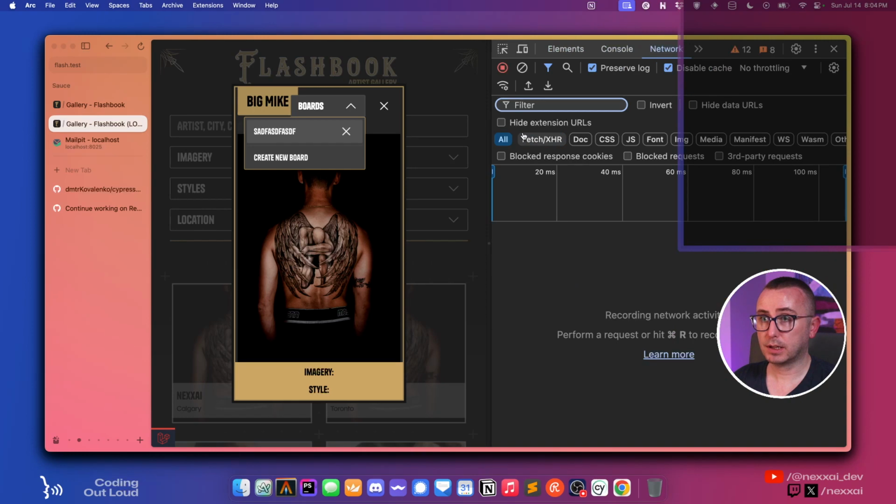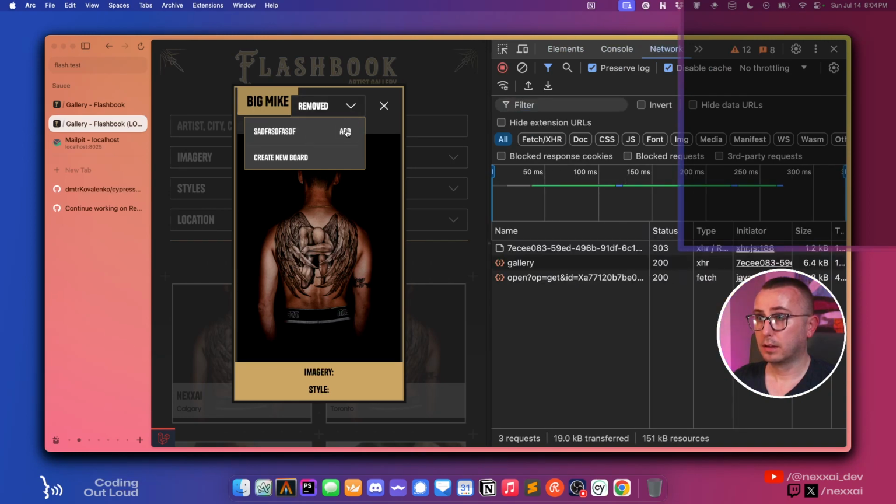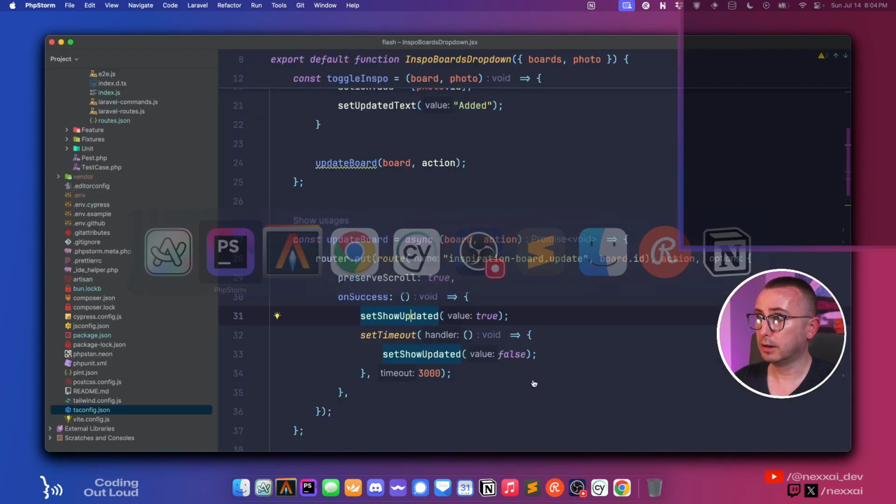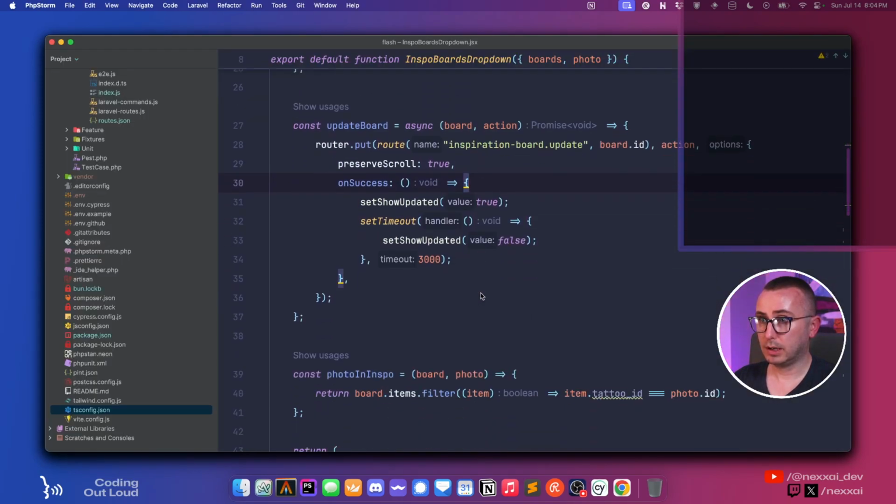So is it actually sending out like an HTTP request to try and actually toggle it? So if we do this, I'm doing this all with my keyboard here. So yeah, so it's not sending out the HTTP request. Like there wasn't a third one there. So why is it